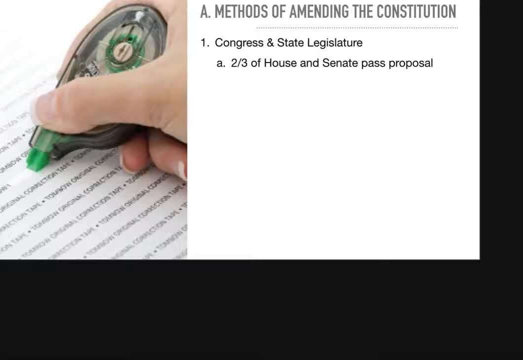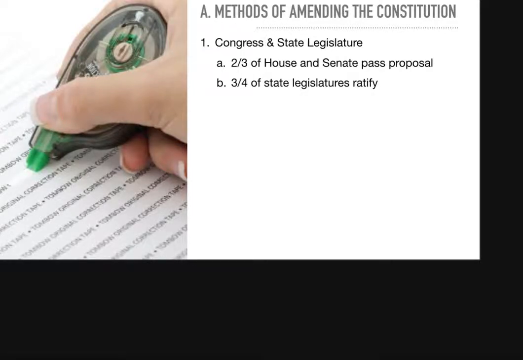So once it's proposed by the House and the Senate, then it goes on to the states, and every state will conduct their own review process, questions, answers, and then they will eventually get to the point where they can vote whether or not to ratify this. So if this were to happen, it would come to our state, they would discuss it. Sometimes the state will put out a referendum to its people, and the people will then vote yes or no on that amendment. Most of the time, the congressional members of the state will make the decision, but it's not